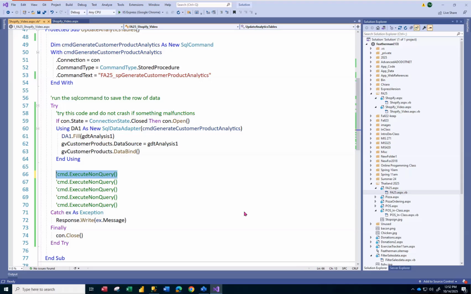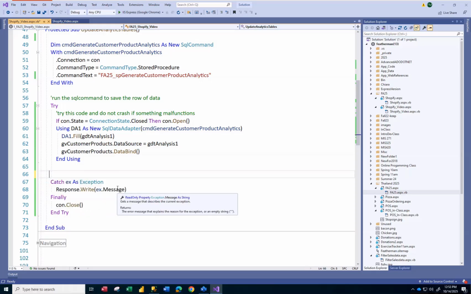So I recalled there's an extra step. We are going to use a command, but we're not going to execute the command. We'll use this in the future. Execute non-query: we're not going to use ExecuteNonQuery for our command. That's when you use insert, update, or delete. But when we're doing a select statement,